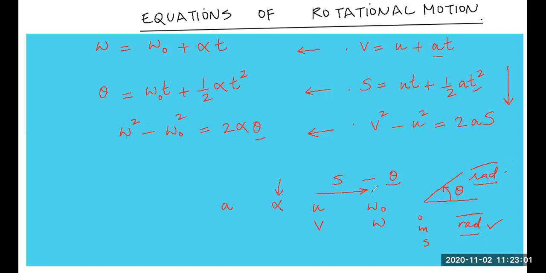All right. So students, now I'm going to derive these equations one by one. Let's go. So I'm going to derive this equation. The first equation is v is equal to u plus at. Its counterpart is omega is equal to omega naught plus alpha t. All right, students, this is very simple. See how to remember, how to start this. See, alpha is involved here.